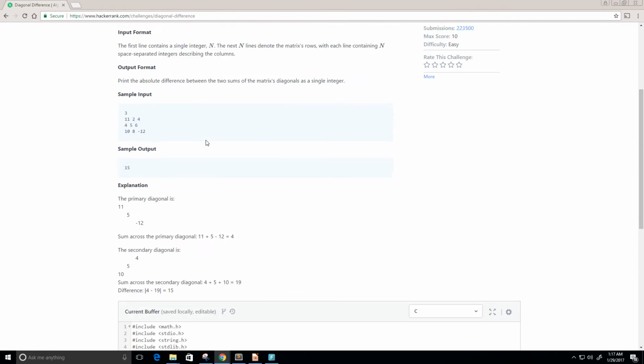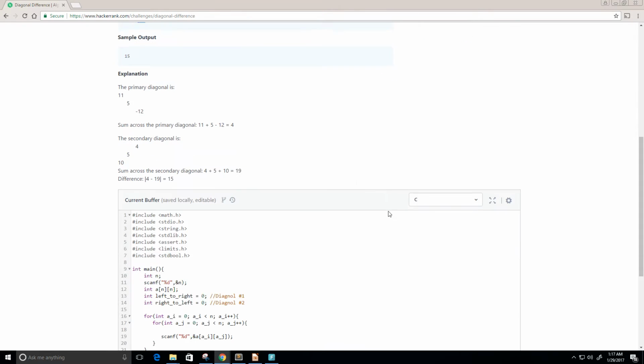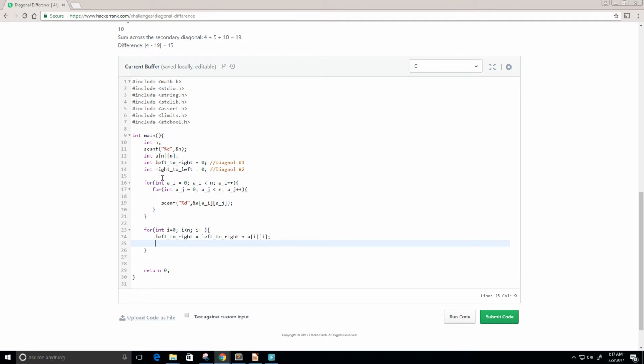So that should be all the diagonals from left to right. It gives all the values in the diagonal added together. And let's see, from right to left,